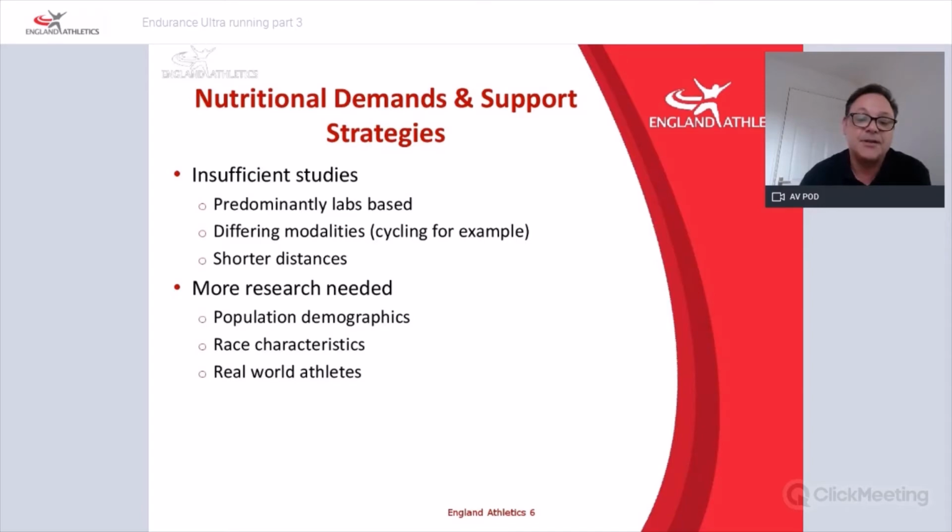So meeting the energy demands, the subsequent macronutrient profile and micronutrient provisions for general ultramarathon running and training and multi-stage ultramarathon events appears to be manageable with appropriate planning. And that's the key thing, it is planning. And the general guidance around this for the moment, for consecutive days of prolonged endurance training, so when you're doing that multi-day thing, achieving the energy balance is recommended alongside the provision of sufficient carbohydrate to meet exercise load and